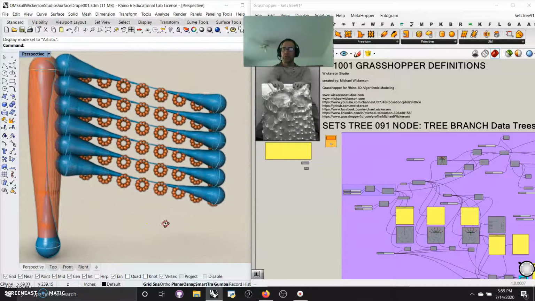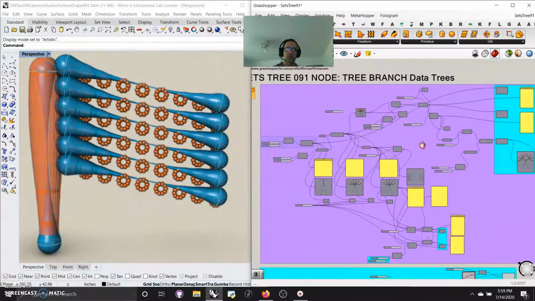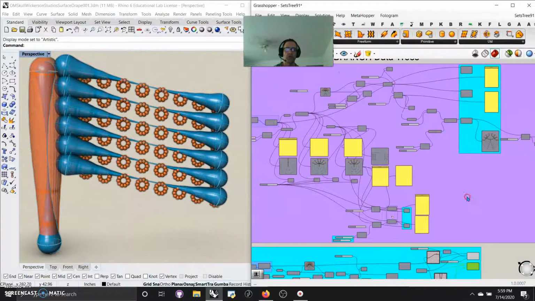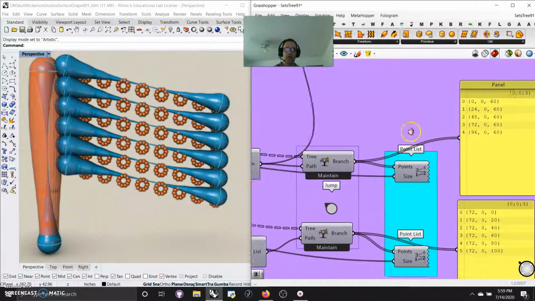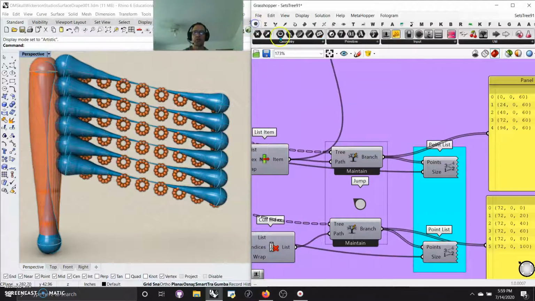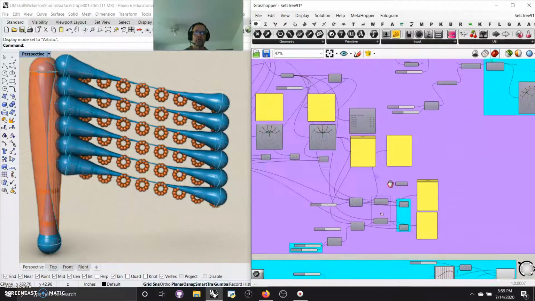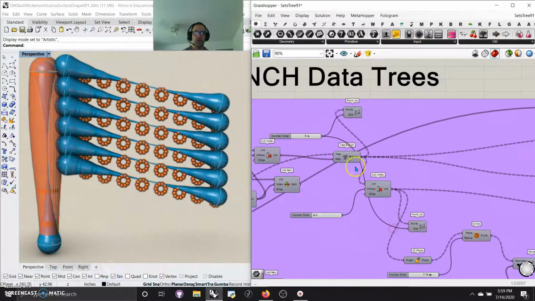I'm not going to go into the full details. I've jazzed it up a little bit. He does tons of examples, and here's the script I've downloaded from the tutorial video to really come at understanding what. Let me jump in here and look at your branch data, what that actually does. Your tree branches are fully in order here, and he dances back and forth between culling index and list